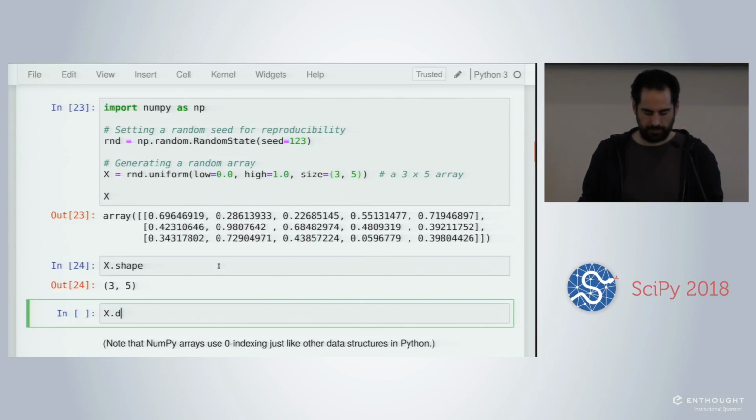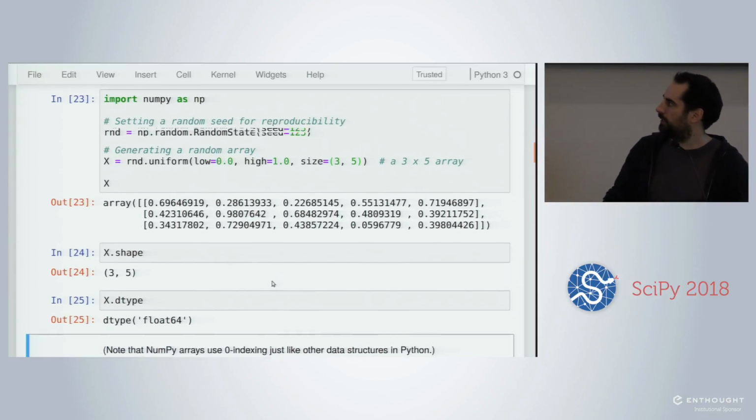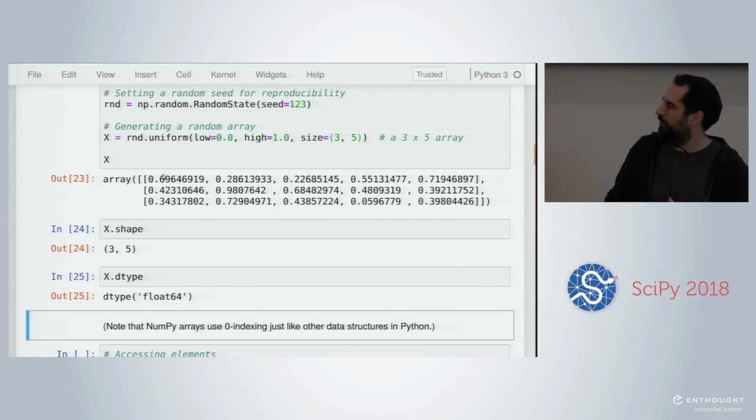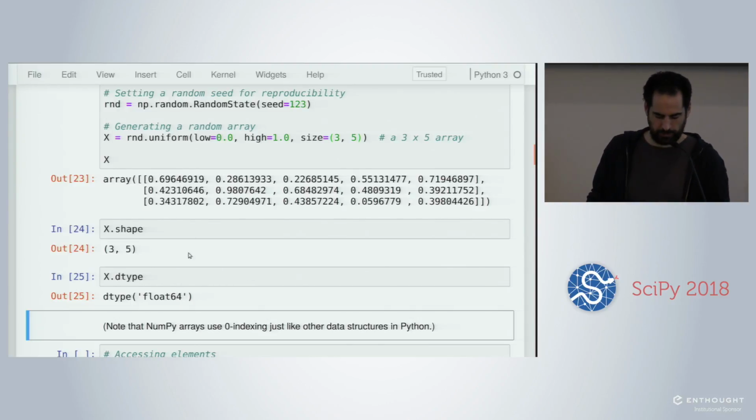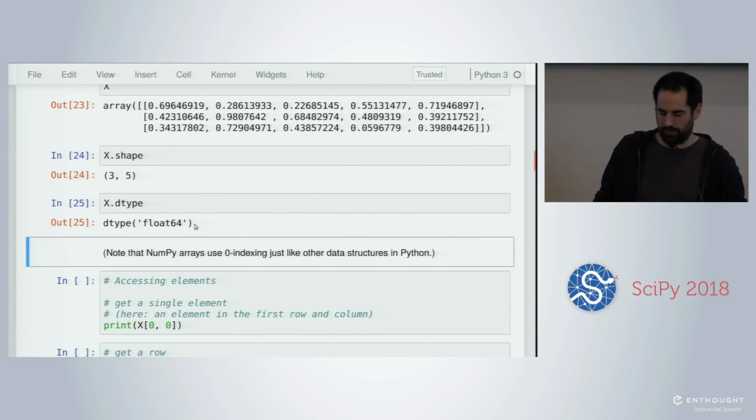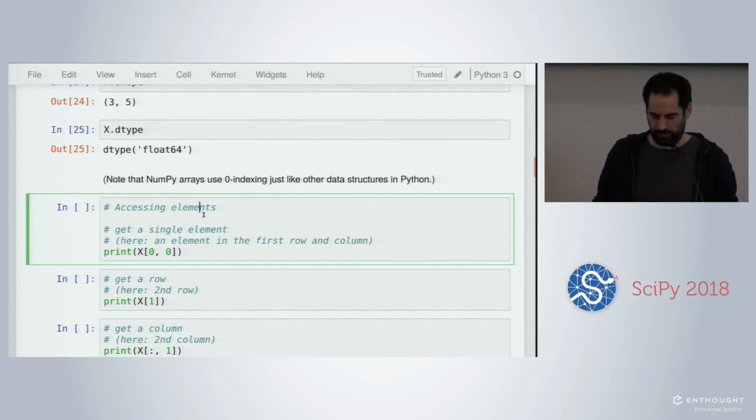Then if I press Shift Tab here, you see that I have the documentation. If I press Shift Tab a second time, oops, or plus here, okay. That's weird. There's something weird on my machine. If you press plus here, you can see the full documentation of that function.